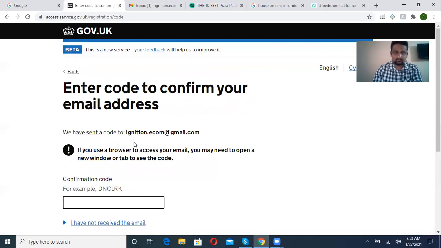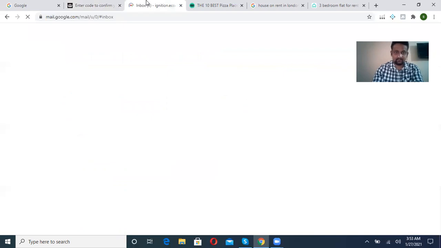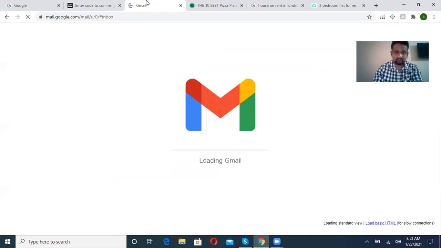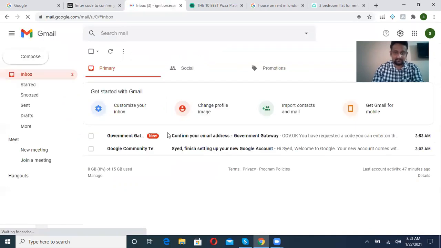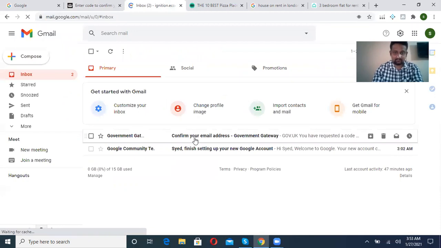Now enter the code to confirm your email address. They have sent the code to the given email address. We will go to the email address. Here we go. We have received the email already.